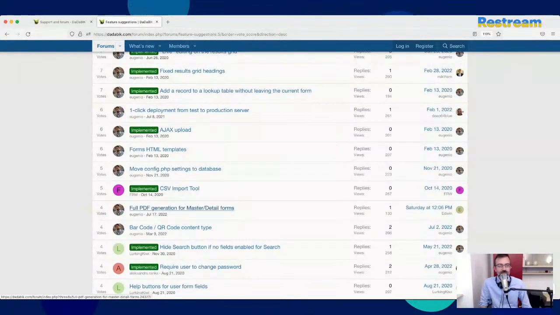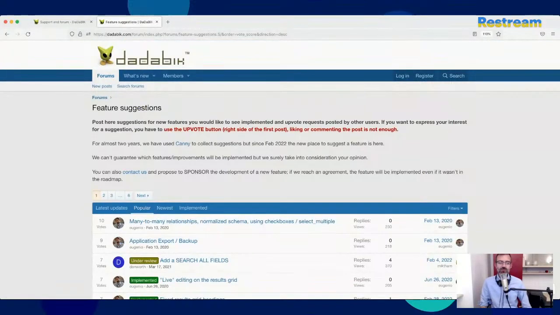This tool, the feature suggestions tool, is very very powerful. Maybe some users, especially new users, underestimate this tool because they don't think their suggestions can have an impact on the development of the software.